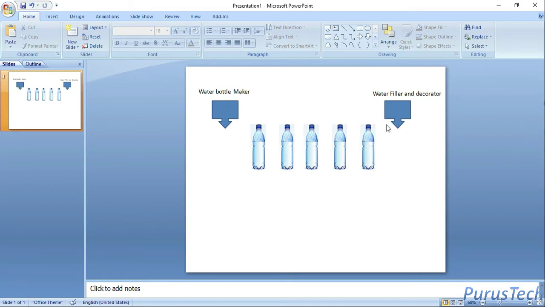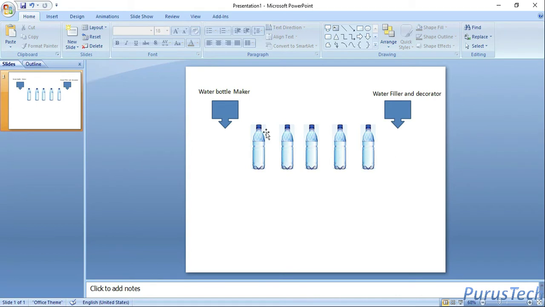So while filling the water in the bottles, this water bottle maker has to wait, right? Even if this water filler has finished decorating these bottles, filled the water and dispatched to the customer, then it has to wait so that this water bottle maker will make some bottles and then put them in place for filling purposes.